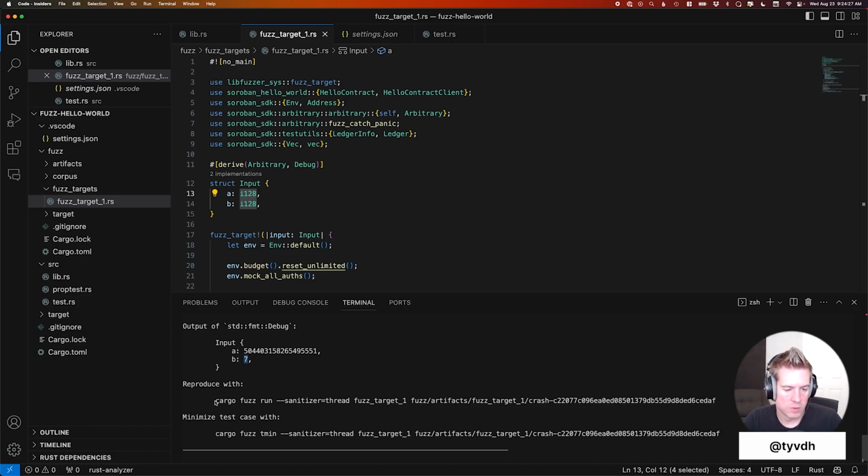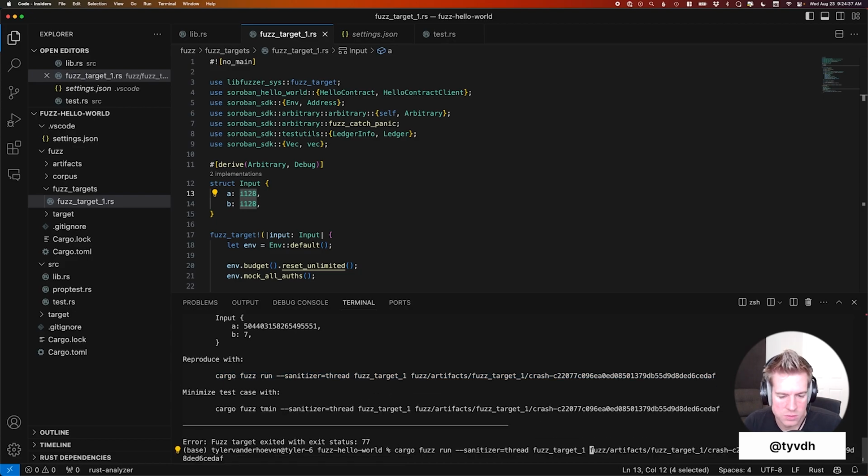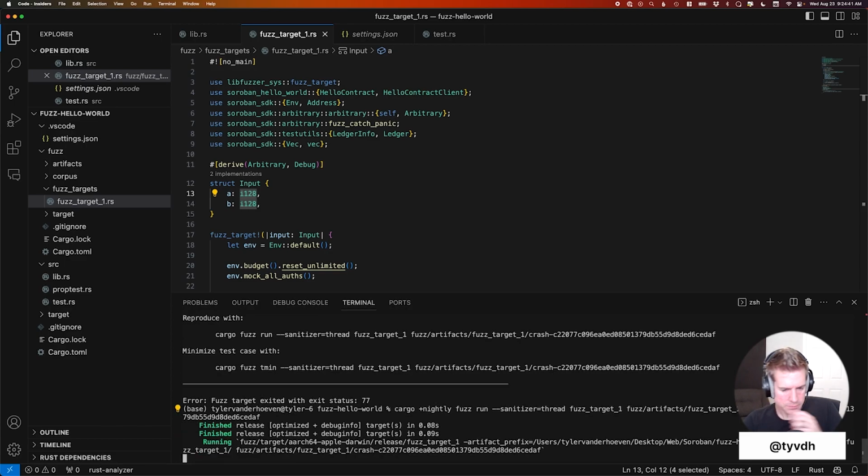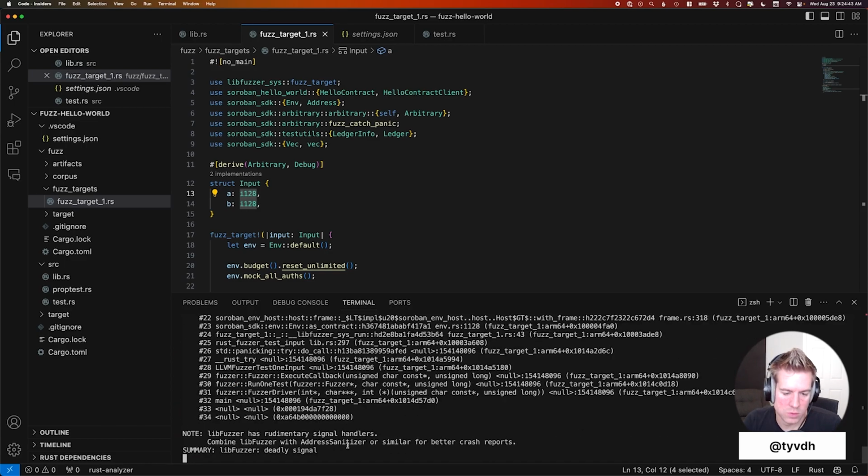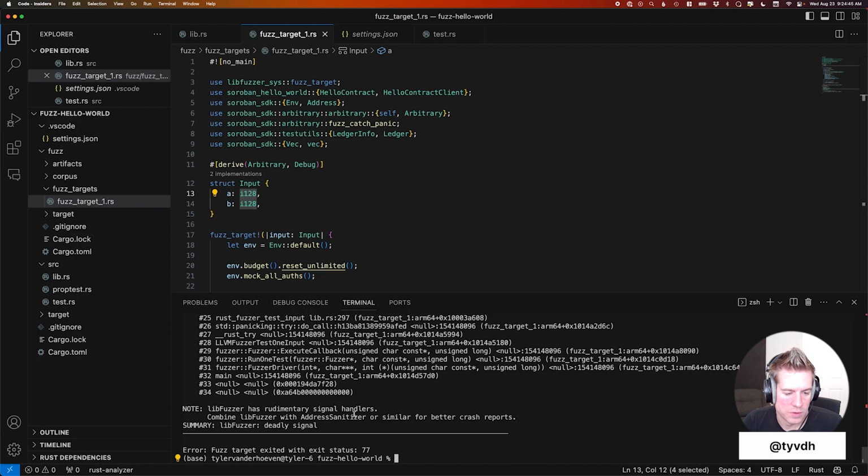So if we were to save, you'll notice it doesn't include nightlies, or I think, oh no, it does include sanitizer thread. That's nice. So you can rerun this test. We'll just need to make sure we include nightly. We'll notice that we'll hit that error again, which is great because now you can go and try and fix your error,